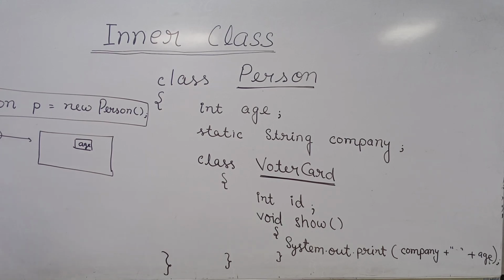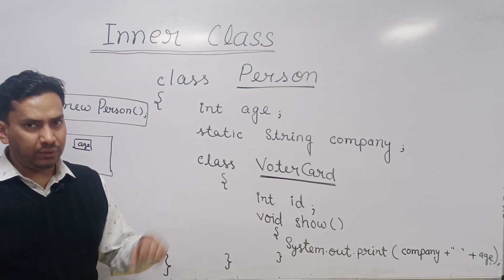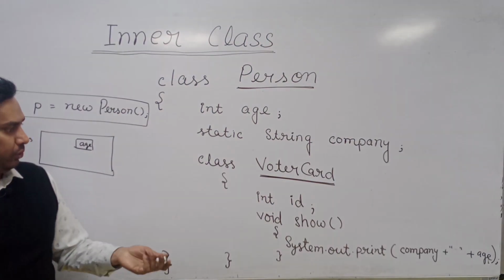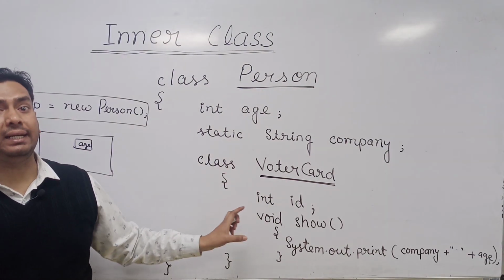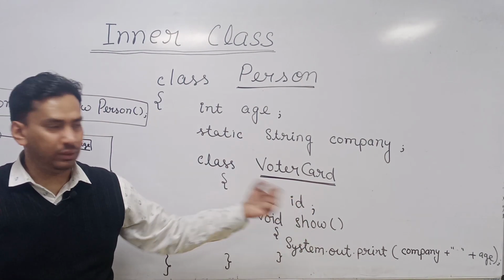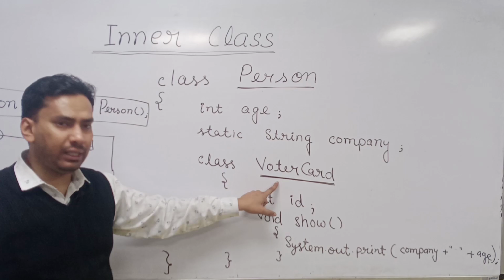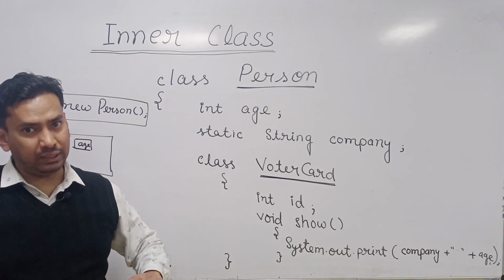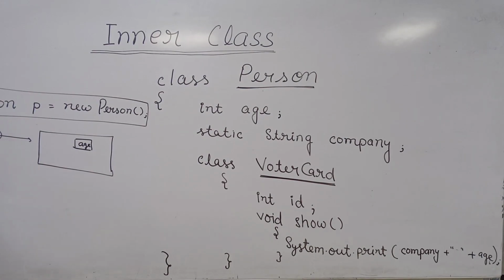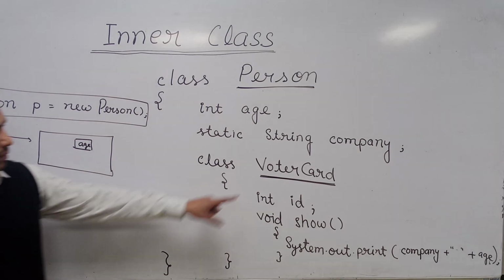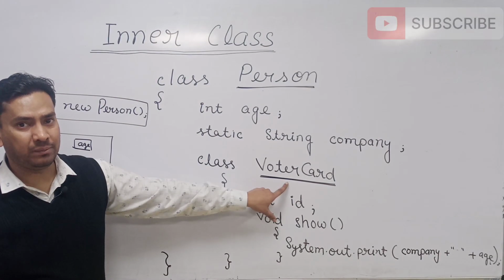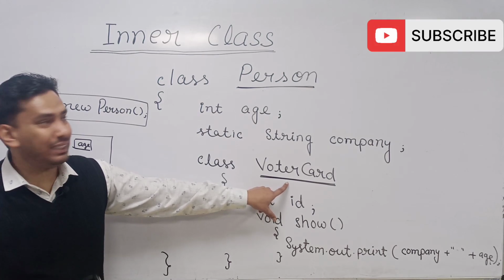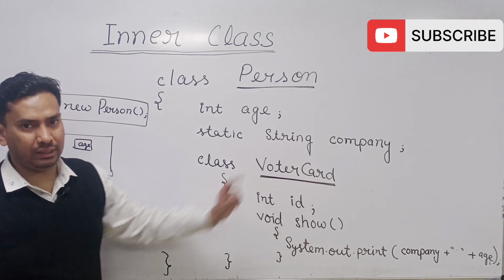Now, I am interested in creating the object of VoterCard. So how will you create the object of VoterCard? As I told you, you have created a nested class so that nobody can directly create the object of VoterCard. The syntax for creating the object of VoterCard will be such that it is created inside the object of the outer class. The syntax is a little bit odd, but you need to understand how you will create it. First of all you create the reference variable. This class is not VoterCard; it is a nested class, so it will be referred to as Person.VoterCard, right?